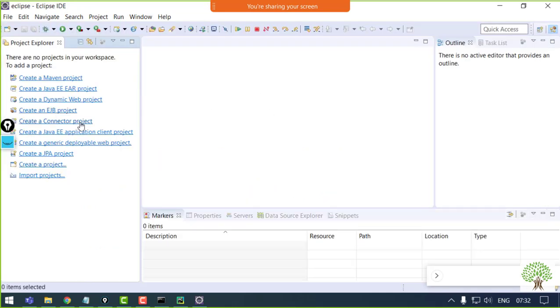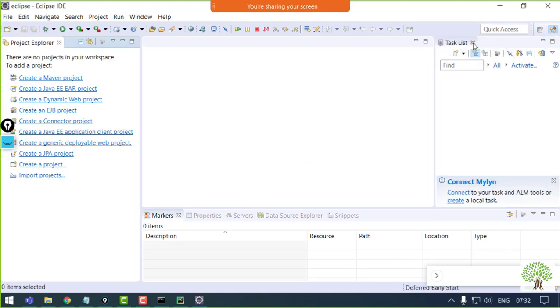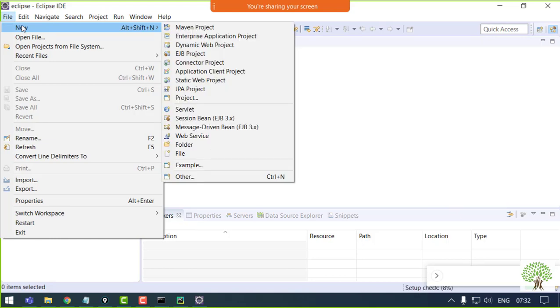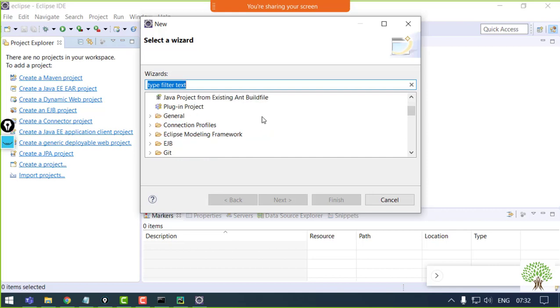So the welcome screen, the package explorer, outline list, everything, that is what they are. What I wanted to show is that if you go to File and the New option, you will get a number of options like Maven project, dynamic web project, simple files and folders. If I go to Others as well, you will get a number of other folders. But you will see that there is no folder named Python, or usually it comes up by the name PyDev. So there is no folder by that name.